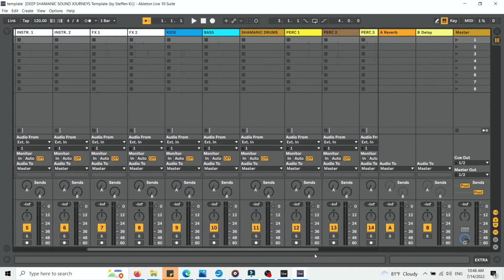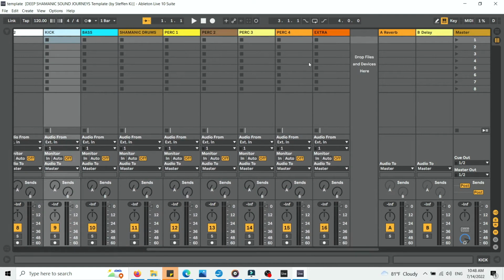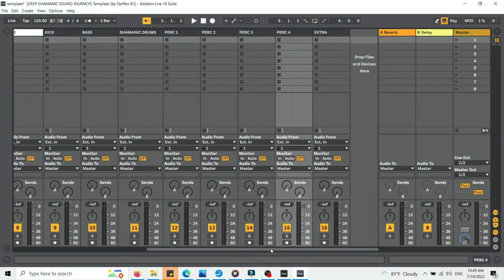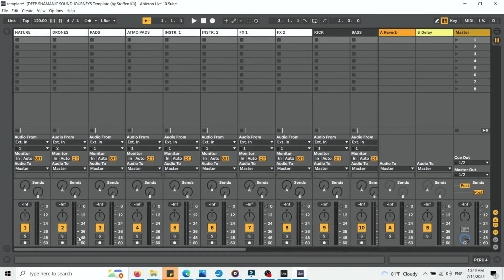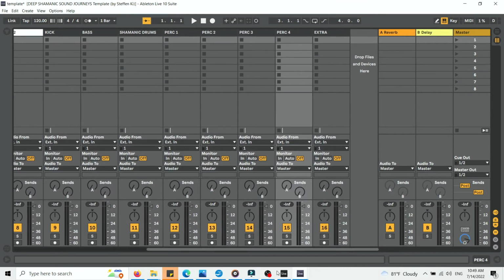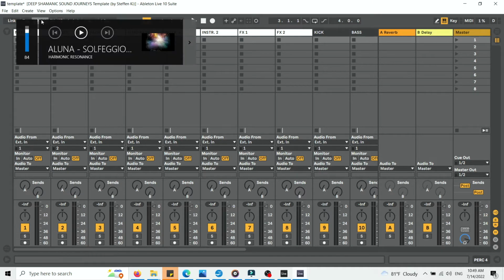Now I've already prepared that. And let's just highlight these and color them black. So now we have black and white, white for the harmonies and effect sounds, and black for the beats. And now we need to set it to 60 BPM, obviously, because